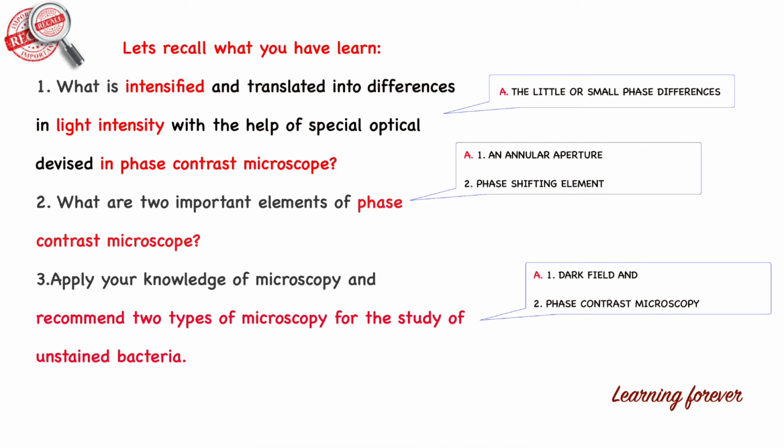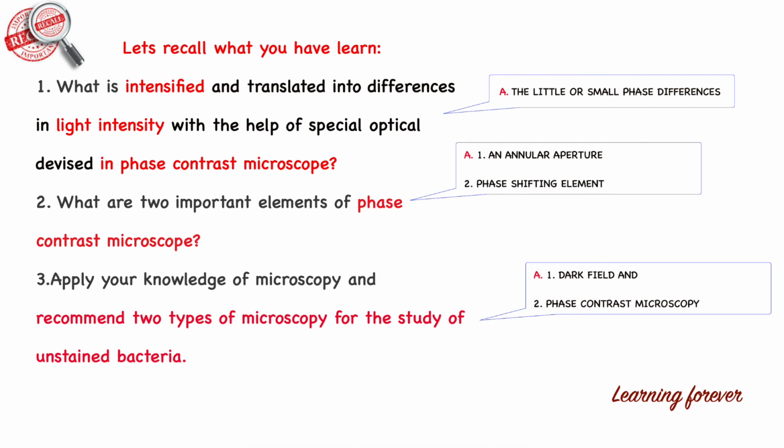So this is all about phase contrast microscope. In the series of e-lecture sessions on microscopy, we have seen bright field microscopy that visualizes a sample with staining. We have learned about dark field microscopy which helps us to see a sample without staining. Although the contrast we get in dark field is better than bright field, it is not sufficient to see internal structure of biological samples. Whereas phase contrast microscope gives more contrast which is very crisp and helps you to see even internal structure of biological samples without staining.